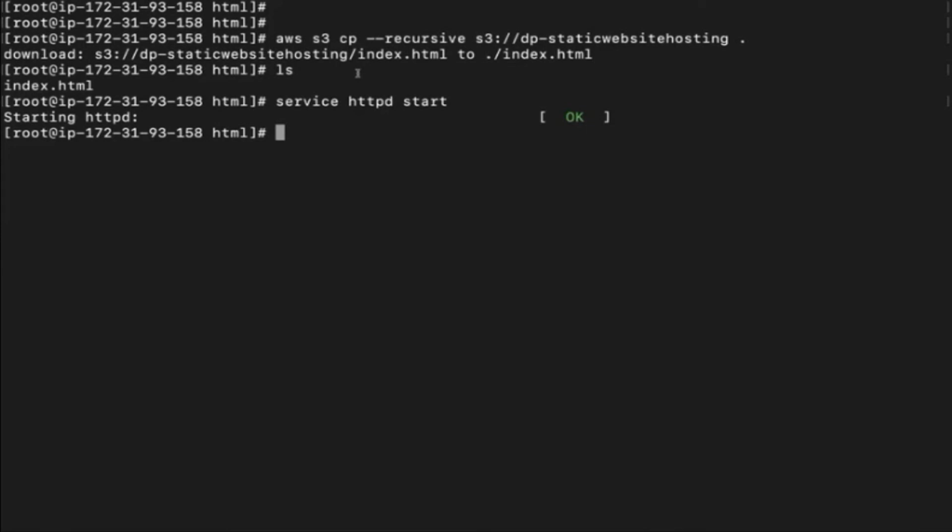So we saw the concept of IAM roles also over here, wherein EC2 as a service was able to access S3. We also saw how to install a basic web server onto the virtual machine, and then how do you start